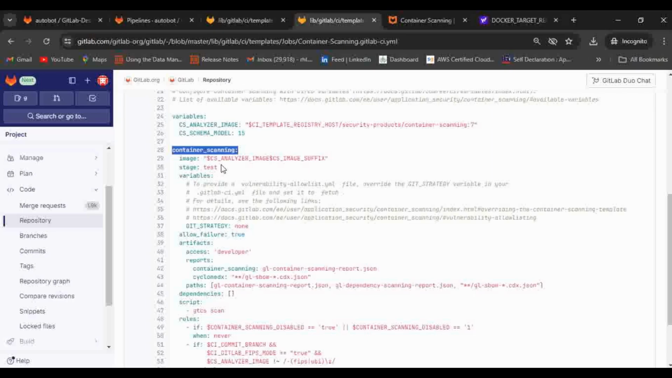Okay. So currently in our scenario also, the stage is test. So I'm not going to make any changes here, so it is the same. And the variable, if you want to make any modification to the variable, you have to do that. Okay. So currently in the template, it is only using the git strategy. I will show you where you can find all other variables, and you have to modify the variables based